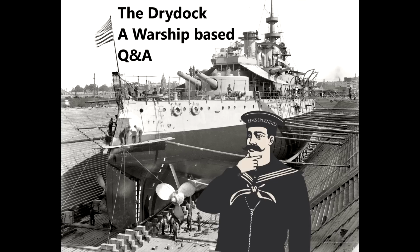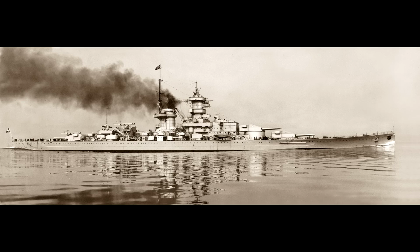Jesus Hinojosa asks, other than refitting the Scharnhorst with Bismarck's 15-inch guns, what other equipment or changes would be prudent for the Scharnhorst refit, assuming that Germany's infrastructure could handle it and they magically had enough funds and resources to accomplish it? Well, assuming we're looking at around the time Gneisenau is supposed to be being refitted,